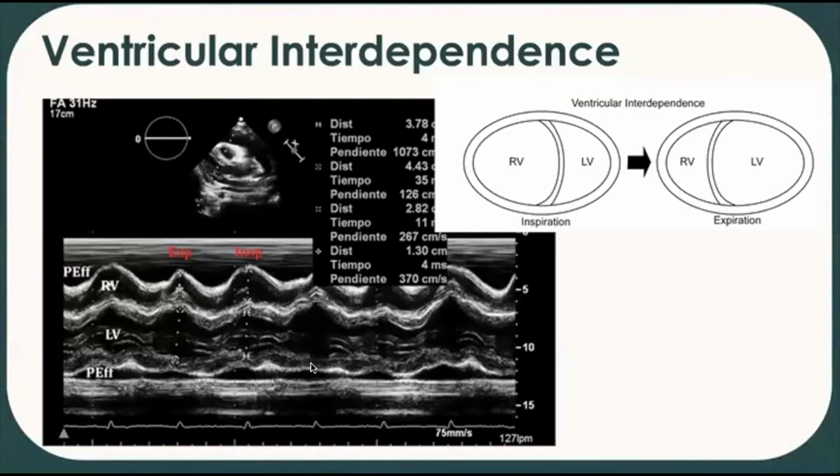And then you can see now the septum shifting more towards the LV during expiration to allow increased filling of the LV as well. So again, exaggerated response due to the effusion. And this is where the concept of pulsus paradoxus comes in, where you have a systolic blood pressure drop of at least 10 millimeters of mercury with